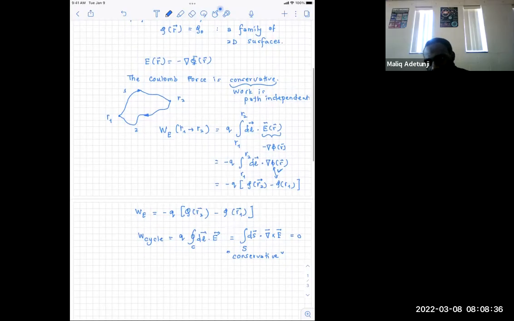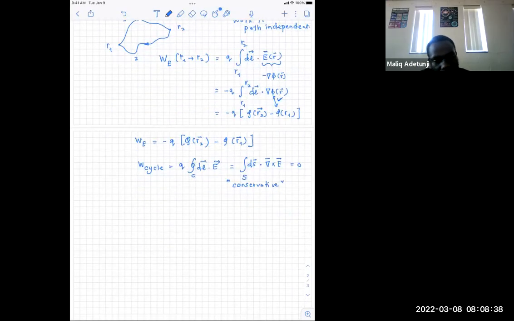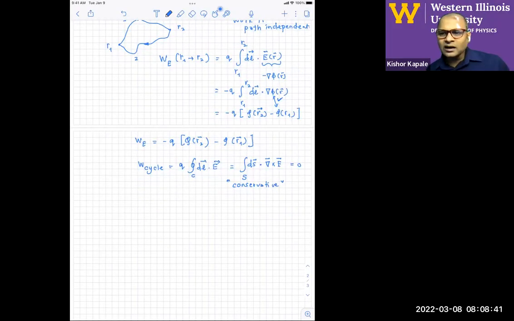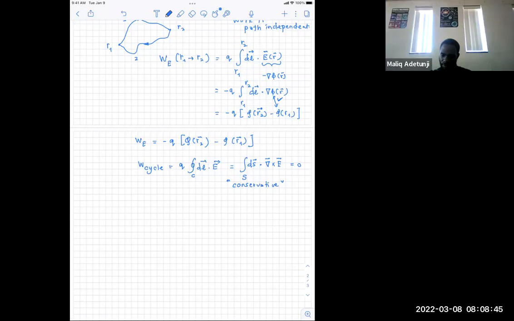Gravitational force field. Gravitational force. Yes, very good. So that's another conservative